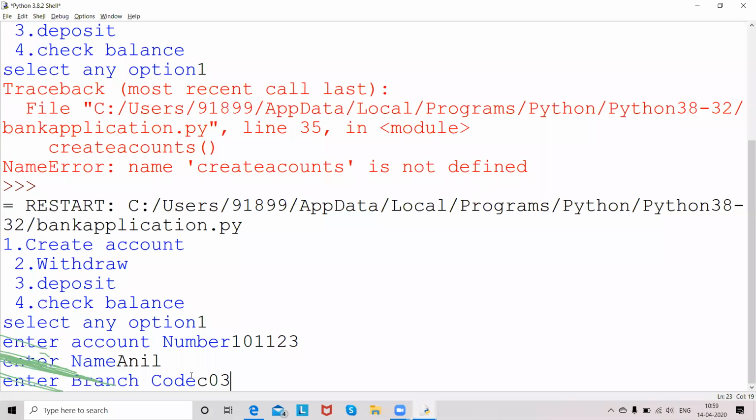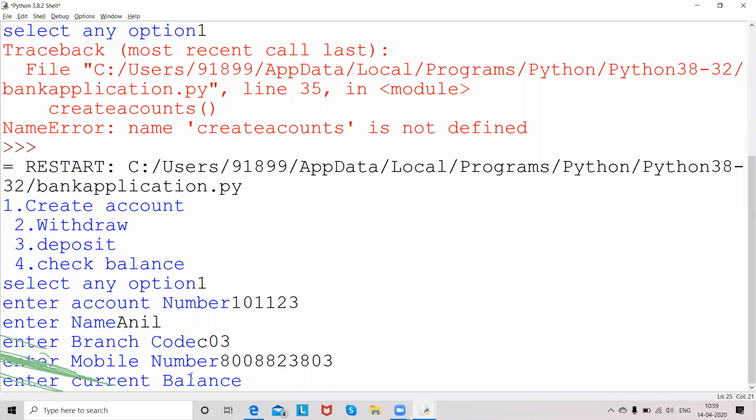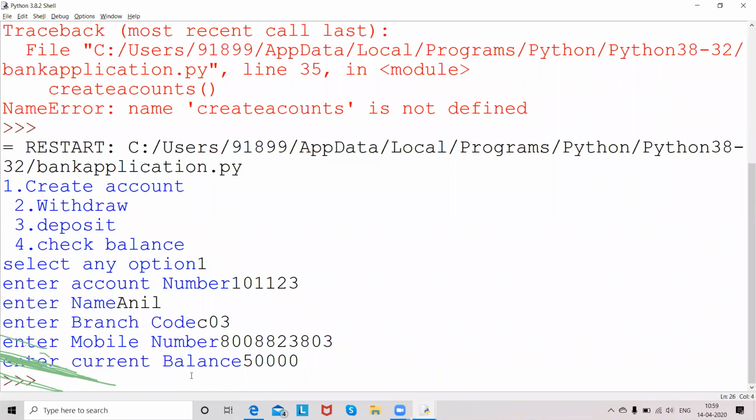Then the mobile number. Then, what is the current balance? I'm just putting 50,000 as my current balance. So fine.